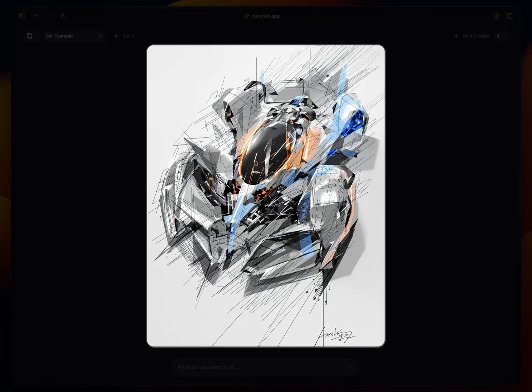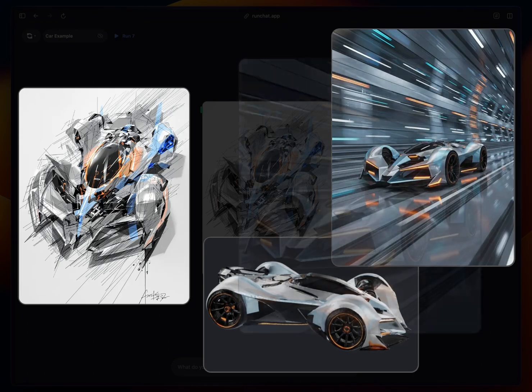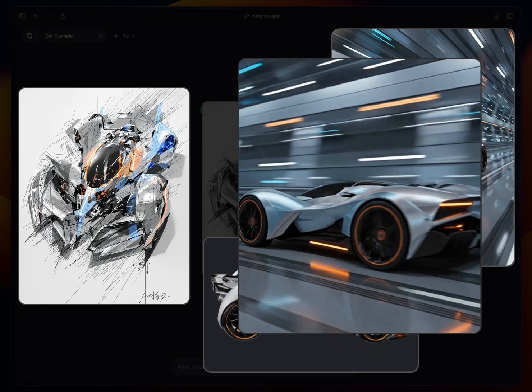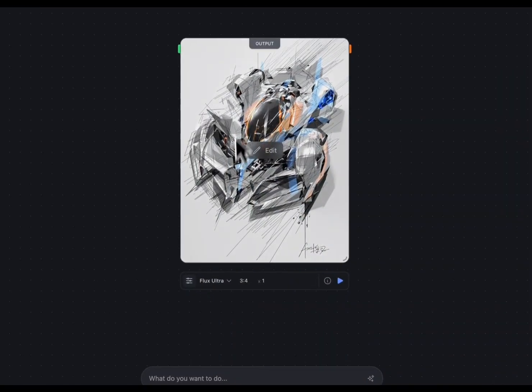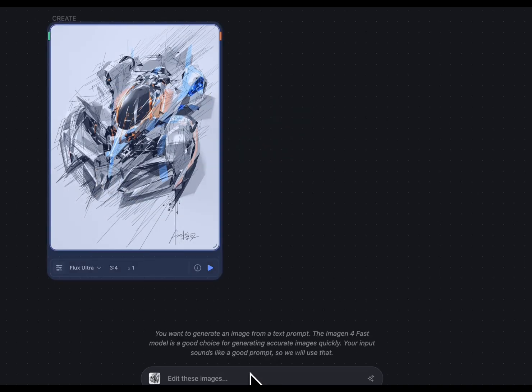It's never been easier to take one of your concepts and make it into an array of rich media. In this example, I'll show you how to turn this car into an animated video, make it realistic looking, and also make a high quality 3D model out of it. So I've got this concept image that I generated, and what I'll do is I'll select this node and type